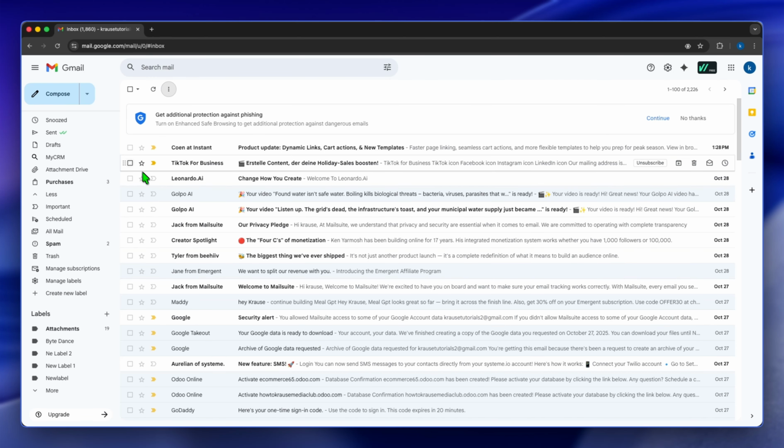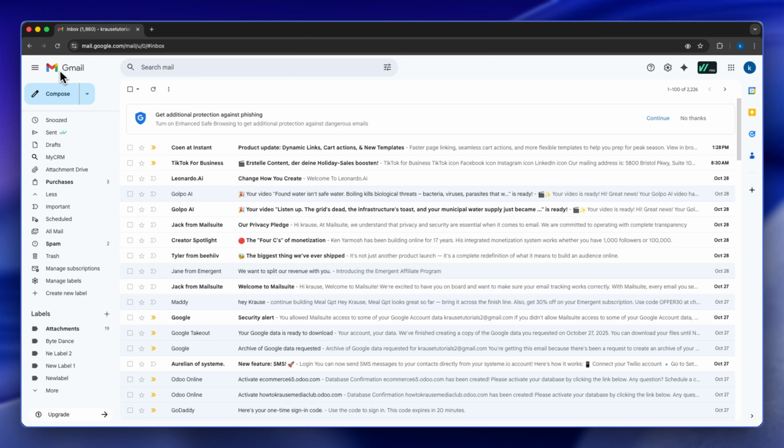Now, first thing I want you to do is sign into your Gmail account. And the other thing I want you to understand is that queued emails are emails that are typically stuck in Outbox due to connection issues, app glitches, or other factors. They usually send automatically once resolved, but in order to manually send them or fix them, what you can do